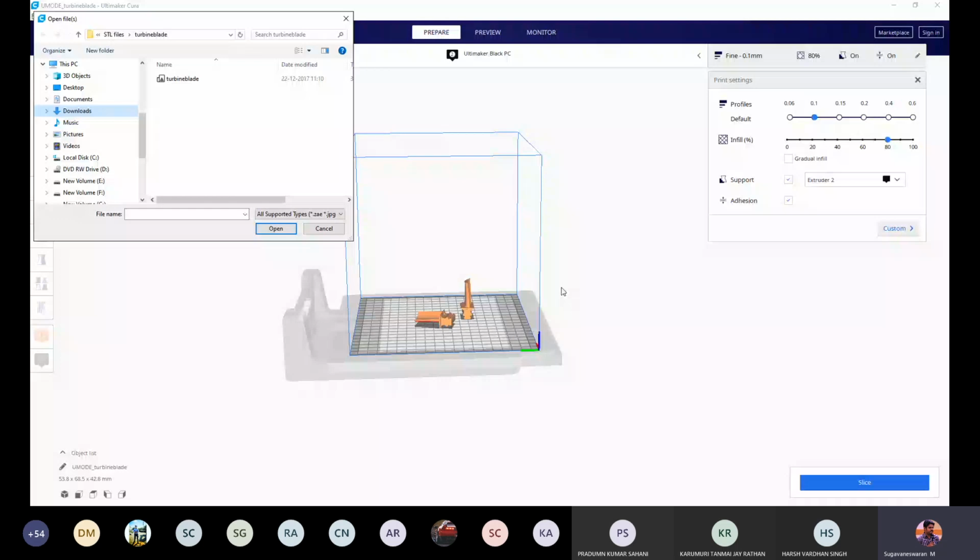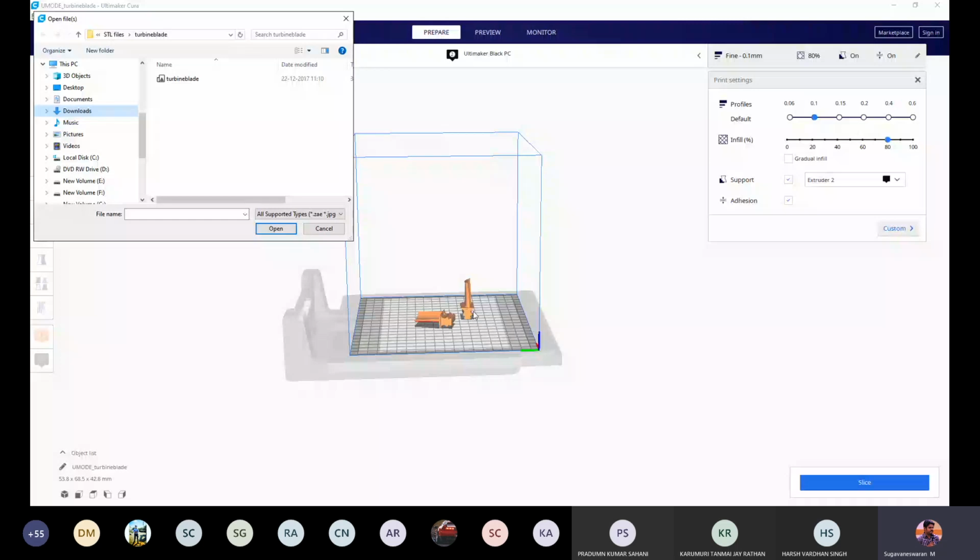If such things are observed, then the machine will not allow you to do the subsequent process. So make sure that whichever way you are inserting the file, the file is within the blue color region, and within the blue color region the file volume should be within the white color area, because if you exceed beyond this, the machine will have a hindrance in terms of nozzle movement. So that is very critical.